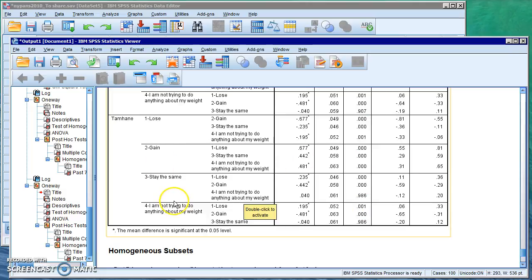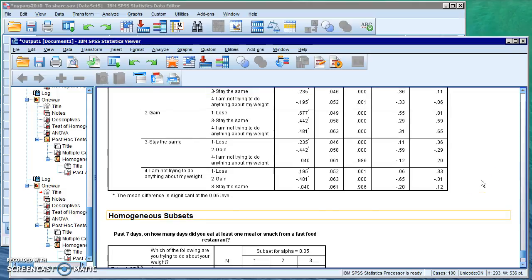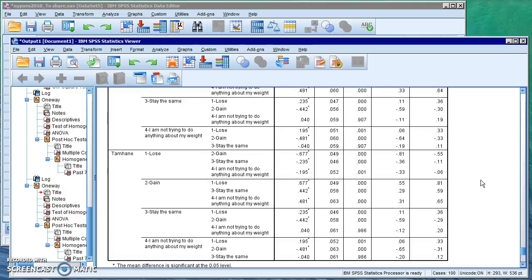So if I were to state my results, it would be that the differences are significant between losing weight and gaining, losing and staying the same, losing and I'm not trying, and every other combination except staying the same and I'm not trying to do anything about my weight. We can see the mean differences throughout, but it looks like